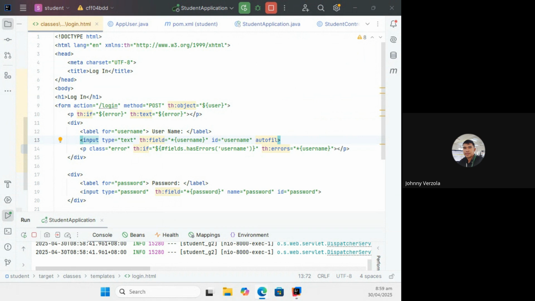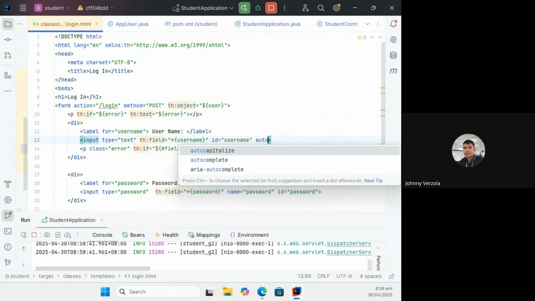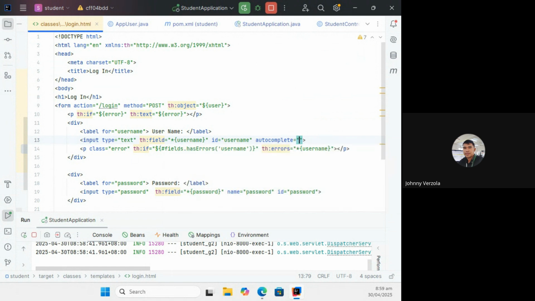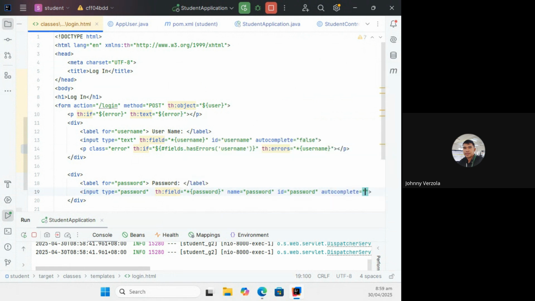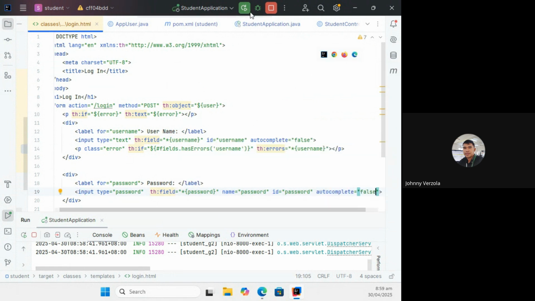Autofill or autocomplete? It's autocomplete. Should be false. I don't want it to be autocomplete. Autocomplete, then false. Let me restart it again.